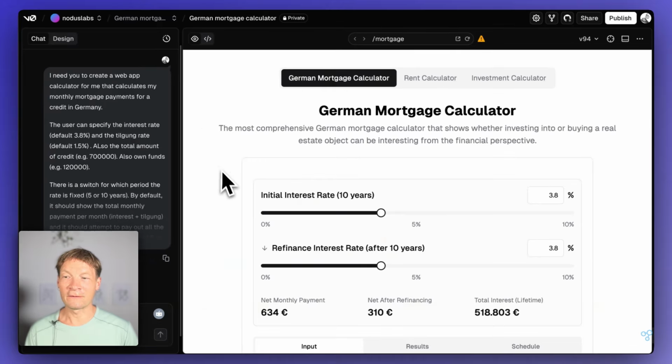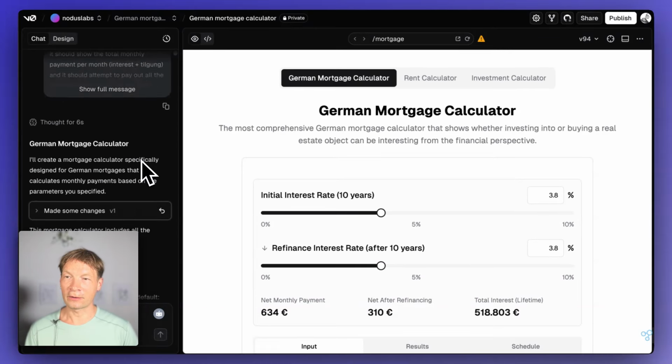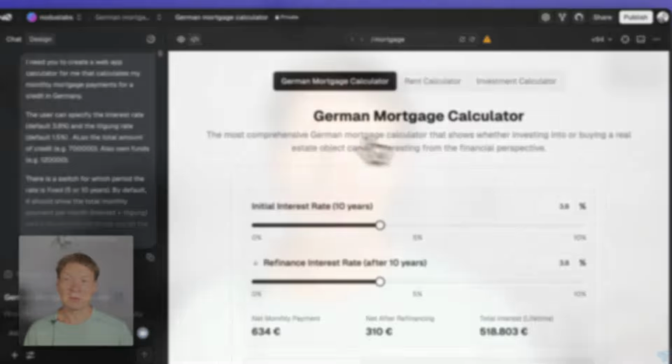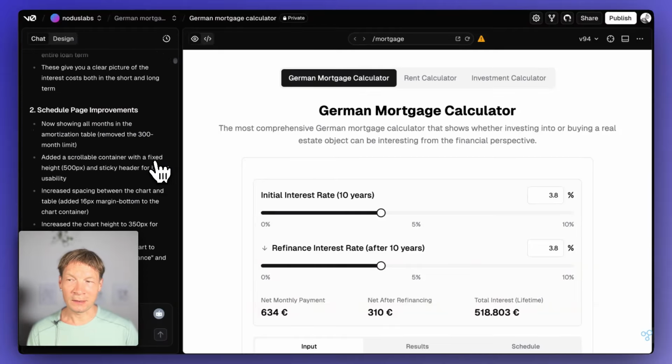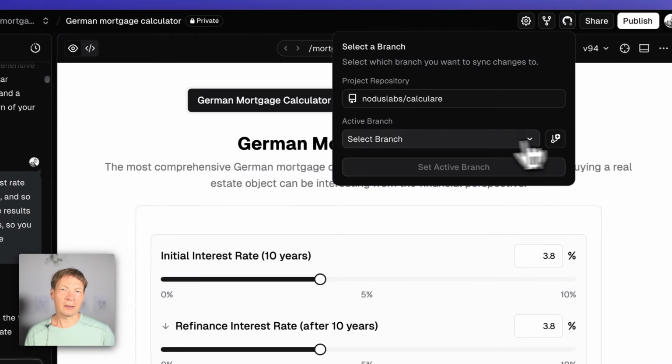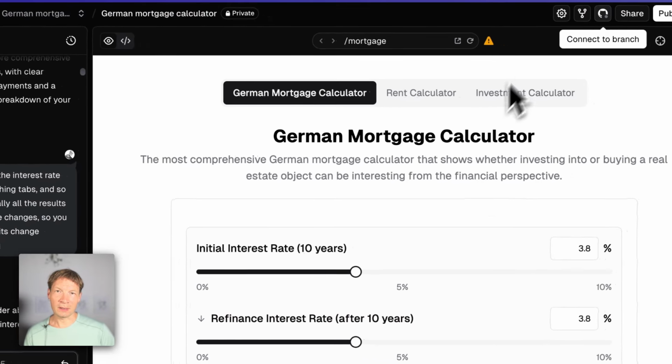Hi, in this video I'm going to show you how you can build a whole app using AI, specifically V0 from Vercel that you see right now on your screen and Claude Code that I use inside Windsurf. I will demonstrate how you can save a lot of time and money by not getting stuck, by developing faster, by ensuring that you can save the progress of your work by connecting your Vercel to GitHub and then extracting